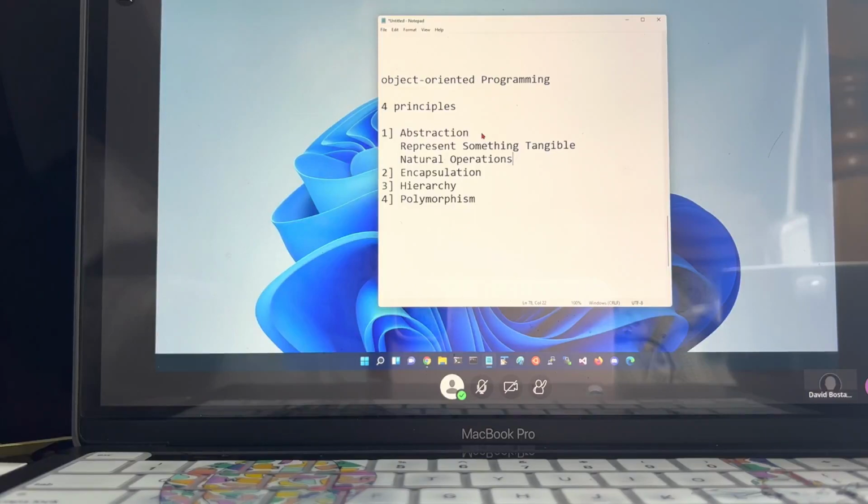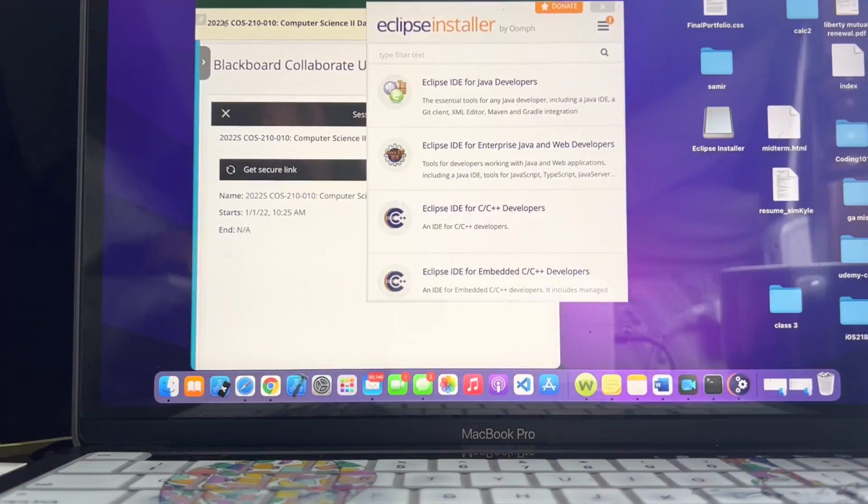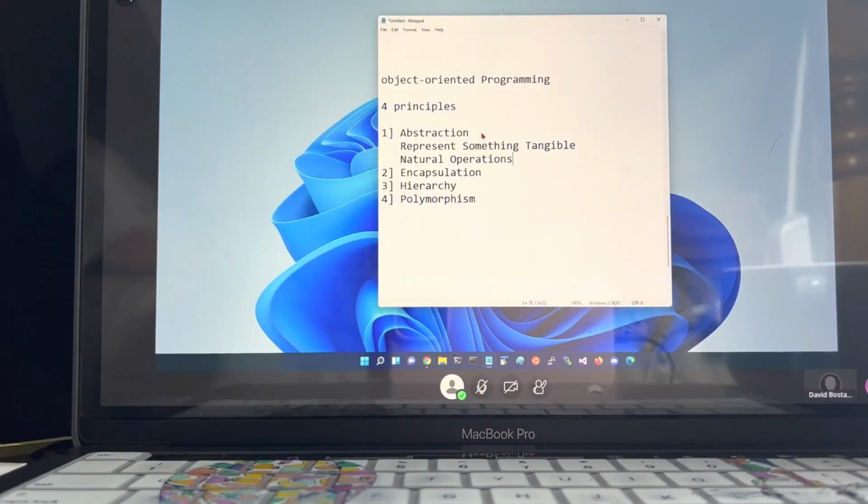So when we are trying to think about what an object-oriented thing is, if it even fits as an object in our design, one of the things we want to make sure of is that we can come up with some natural operations that could be done on these. And very often those natural operations are going to be the only things we allow on our object. So we want to think it through very carefully. Objects are not to be lightly taken. They're not just little lightweight things that we can throw into a problem. We want to make sure we really understand why we're creating them. And in a language where Java tends to have everything be an object, that can be tough.